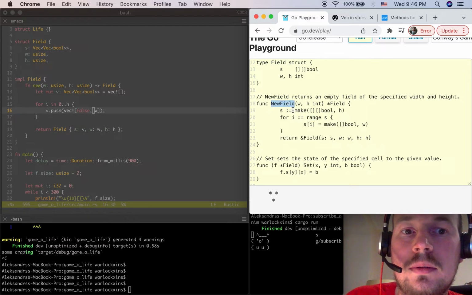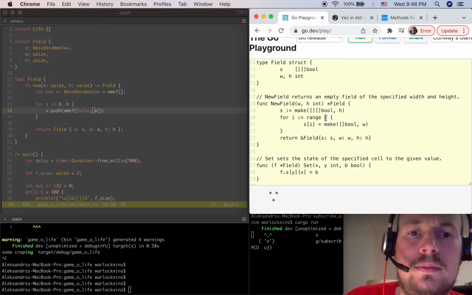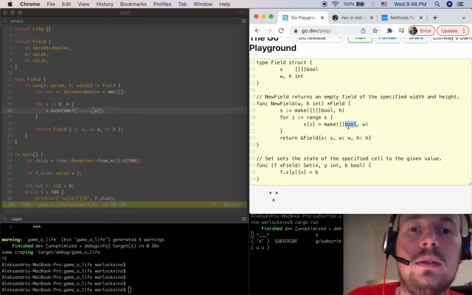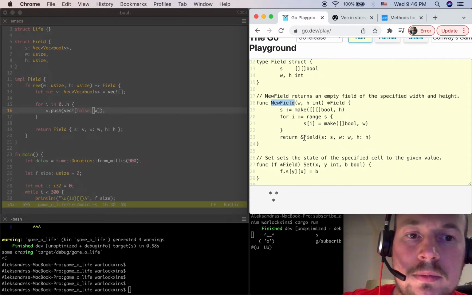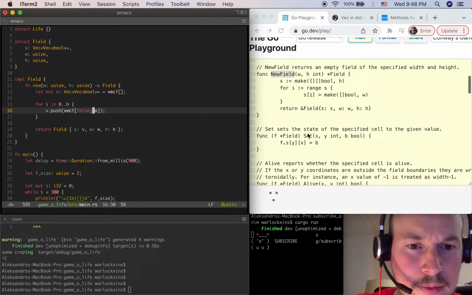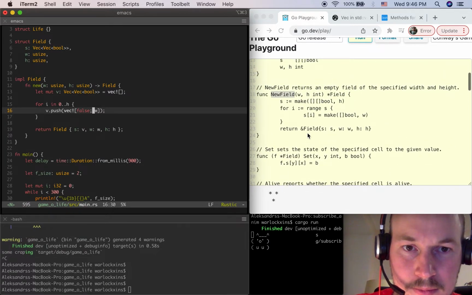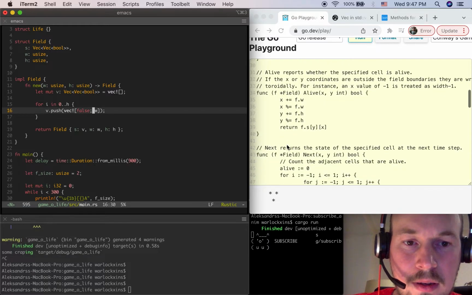So new field, creating the array for i in the range s, make boolean. What the hell is this doing? All right. So I basically made that, I guess. All right. So new field, that was a new field. This is a new field. And after I'm done with that,